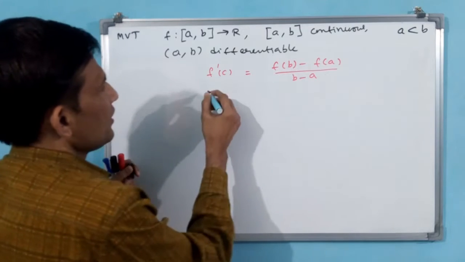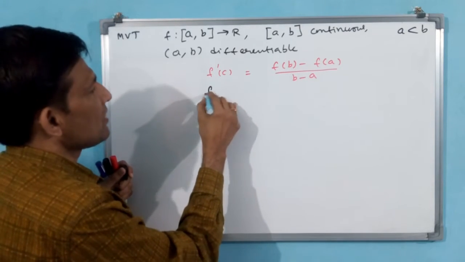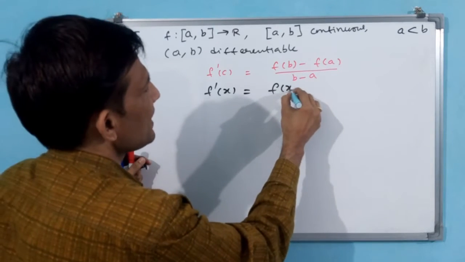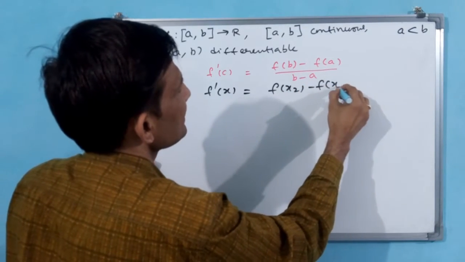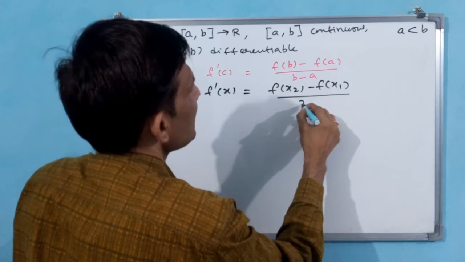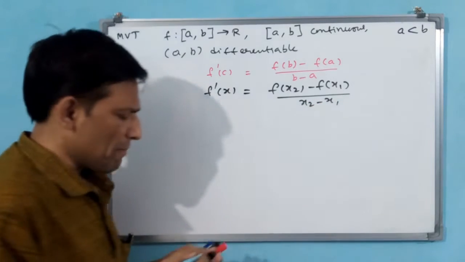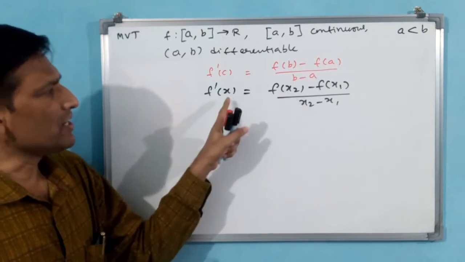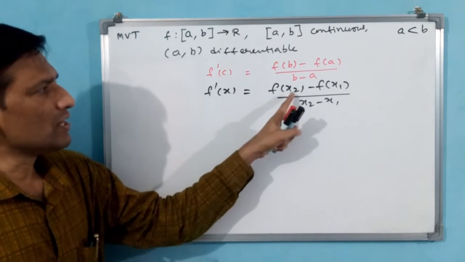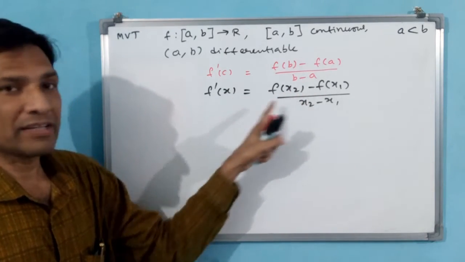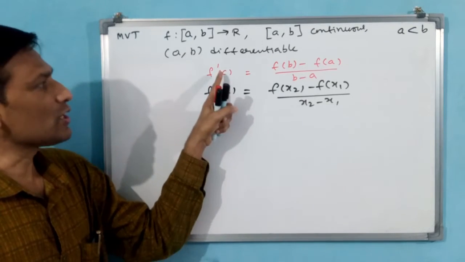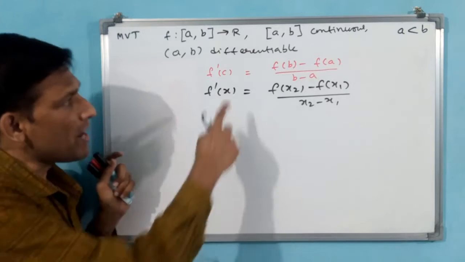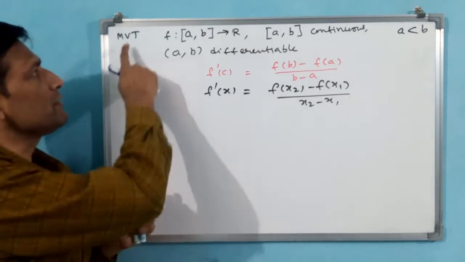You see this function. See, already we have done this like this only. F dash x is equal to, shall I write f dash x2 minus f dash x1 by x2 minus x1? You first compare and tell me. Definitely I can write. See, here this is x, not x1 or x2. This may be in between x2 and x1, this point. Here also c may be a point between a and b. At that point, this is going to happen like we have studied in mean value theorem.